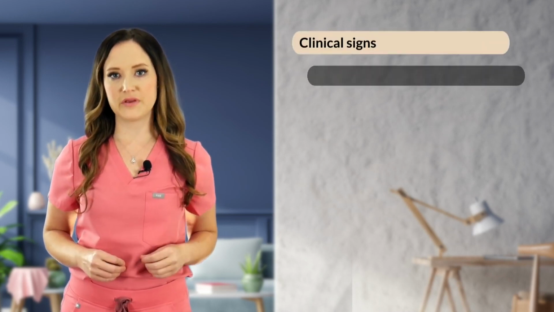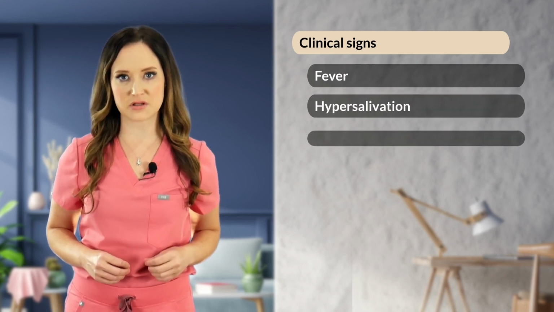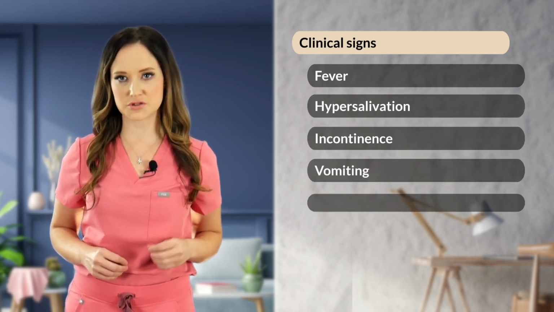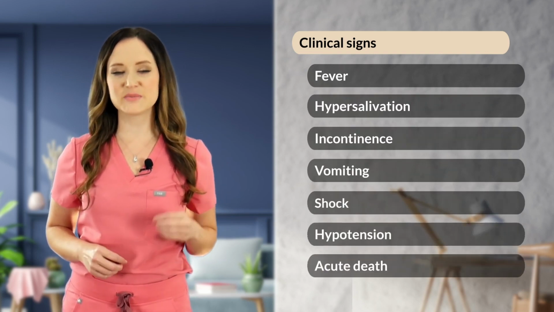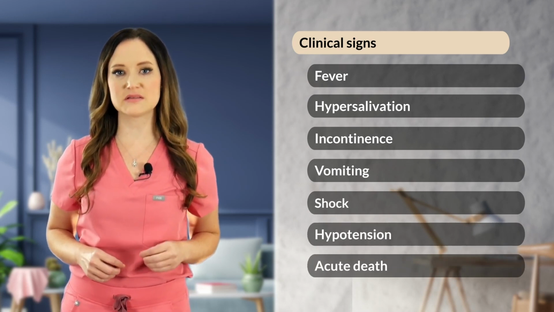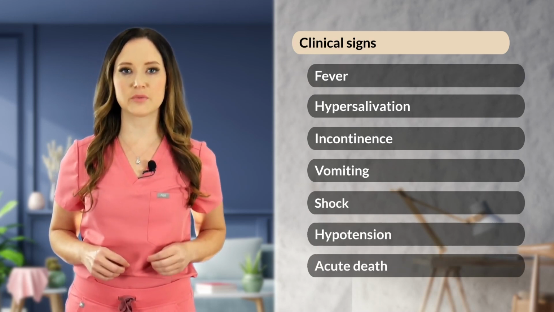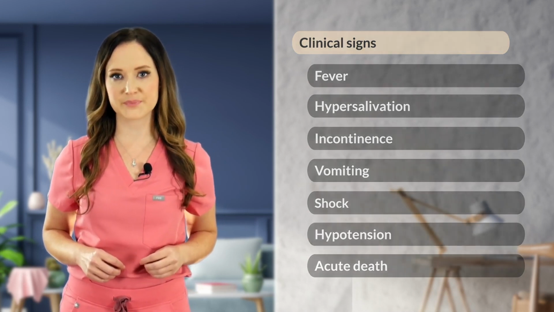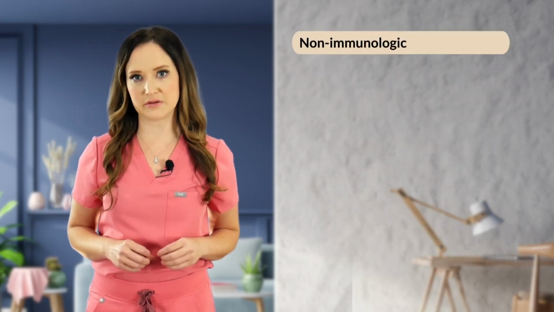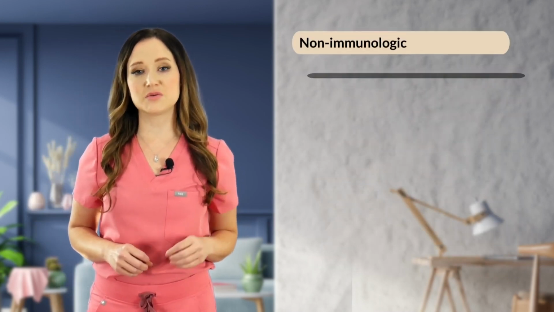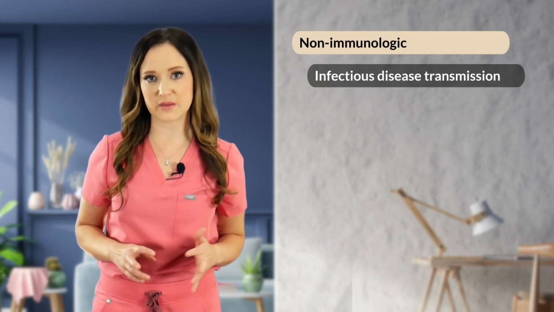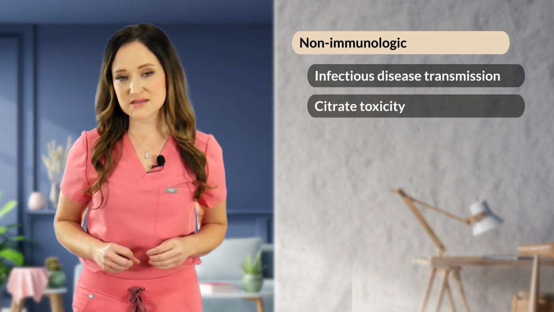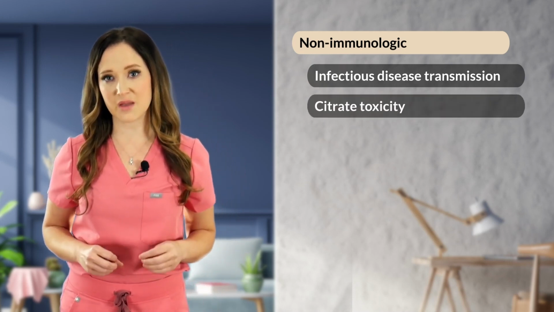Clinical signs can include fever, restlessness, hypersalivation, incontinence, vomiting, shock, hypotension, and possibly acute death. Plasma and urine hemoglobin levels increase within minutes of the reaction occurring, and incompatible cells are removed within a couple of hours. Transfusion reactions can then further be classified as non-immunologic. This can be secondary to infectious disease transmission through donor blood, leading to systemic infection and sometimes sepsis, citrate toxicity, leading to calcium chelation and hypocalcemia,